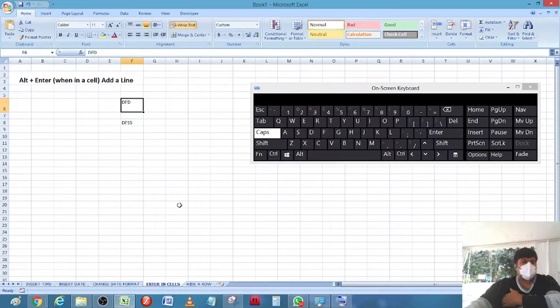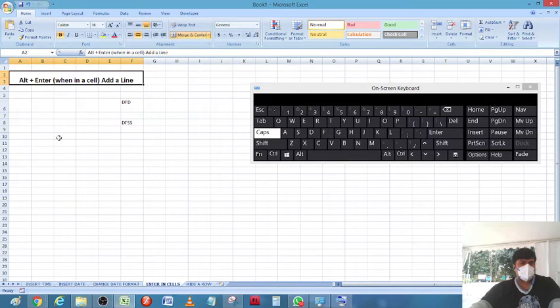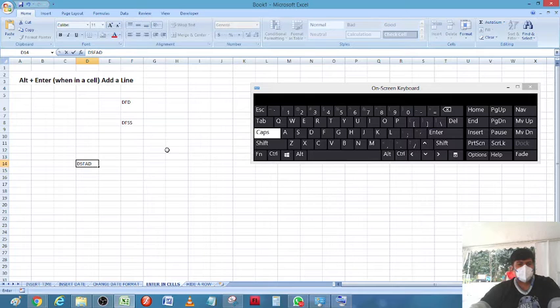Now the next topic is entering within cells. Sometimes when we enter some text, it will not go to the next line. If we want the text to come to the next line, we need to press and hold the Alt key, along with the Enter key. So in the same cell we will find the next entry. So Alt, Enter, again we can enter.